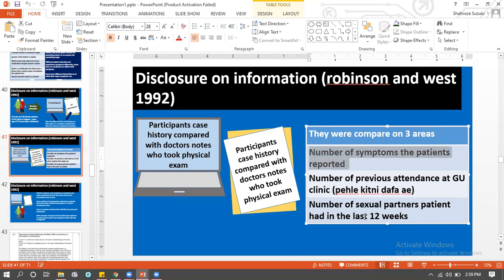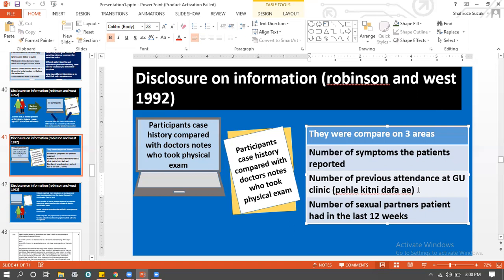Number two, they also want to make sure that, for example, the more they come to the clinic often, उसकी वजह से भी the more open they are with the doctor. हो सकता है ना, you come to a new doctor for the first time, you're not open to the doctor, it's a complete stranger के साथ, क्या पता कि तुम कम information बताओगे. So that's some extraneous variable they control to make sure कि you know what, this previous exposure to doctors वाला